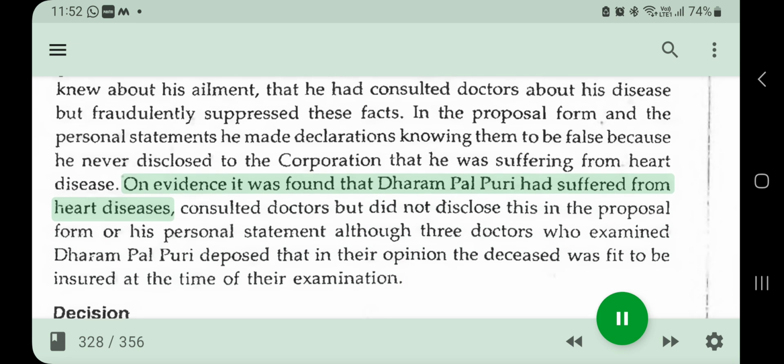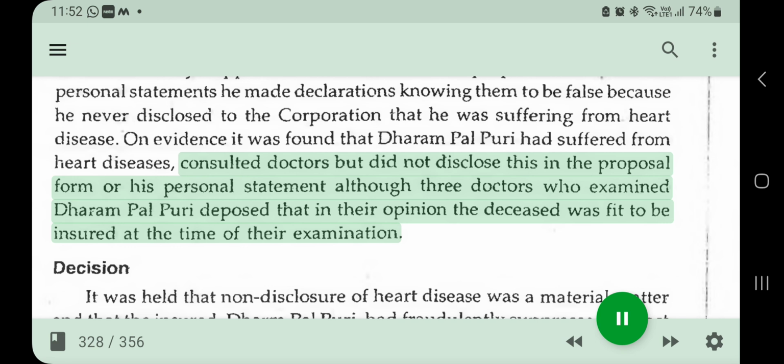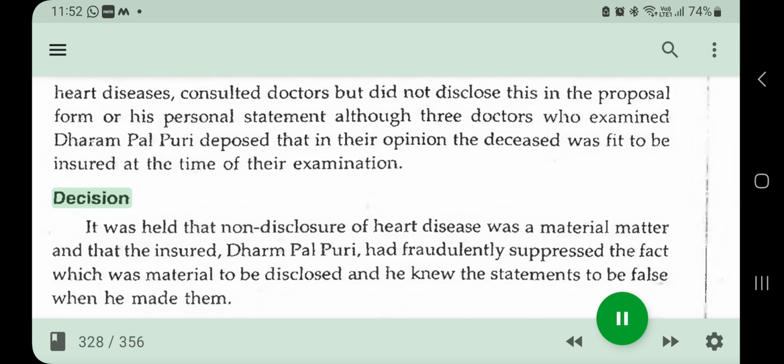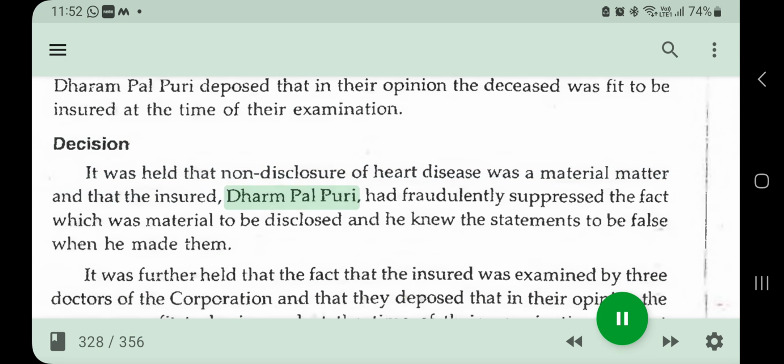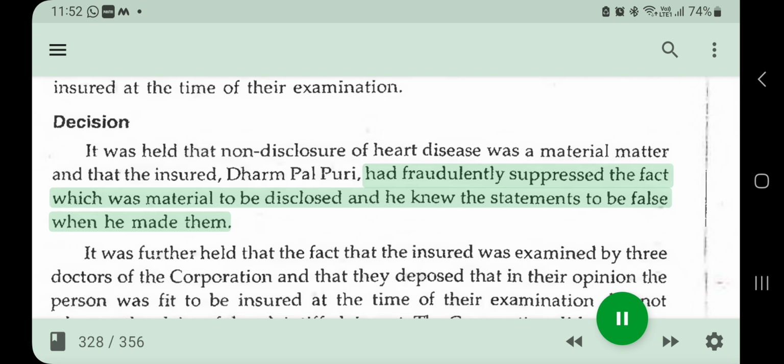On evidence it was found that Dharampal Puri had suffered from heart disease, consulted doctors but did not disclose this in the proposal form or his personal statement, although 3 doctors who examined Dharampal Puri deposed that in their opinion the deceased was fit to be insured at the time of their examination. Decision: it was held that non-disclosure of heart disease was a material matter and that the insured, Dharampal Puri, had fraudulently suppressed the fact which was material to be disclosed, and he knew the statements to be false when he